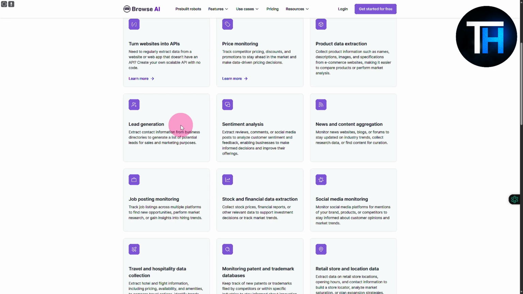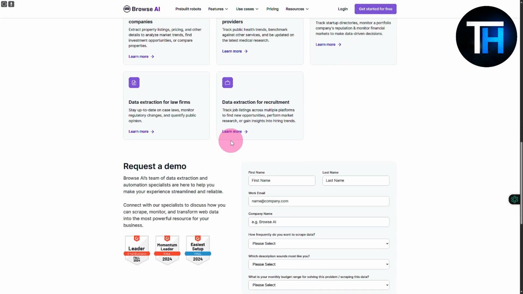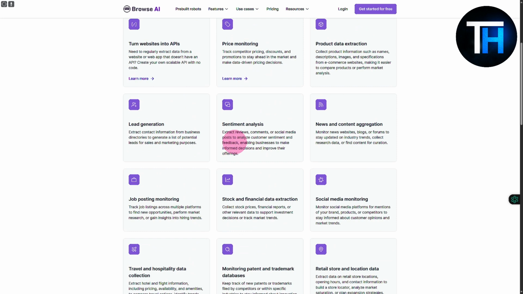Then you can easily do that as well. Below you can see that we have job posting and monitoring. We have various other use cases as well. Now let's just jump right onto the pricing and plans and whether it is going to be worth it for